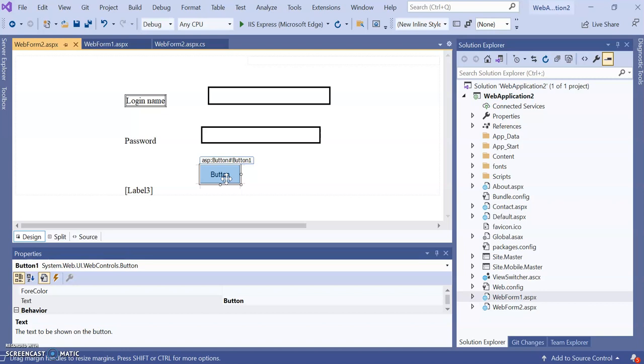Now, these buttons by default are of submit type. So there are two ways that you can submit data: with the help of the submit button or with the help of the command button. With a submit button, your data will just be sent to the server, and with the help of command buttons you can create multiple command buttons within a single button, and you can set different commands with the help of the command argument for those buttons. So let's see some theoretical part of this button.